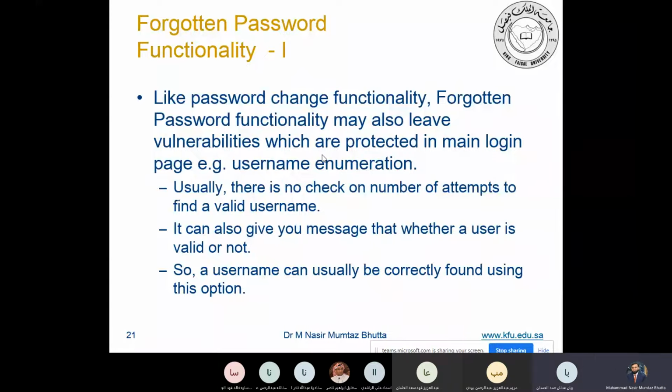This is the most vulnerable, because when you have forgotten the password, they will not ask you for the current password, because you are only requesting when you say you don't remember your current password, right? This is the most vulnerable approach.